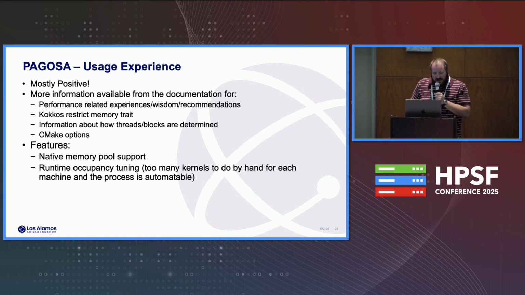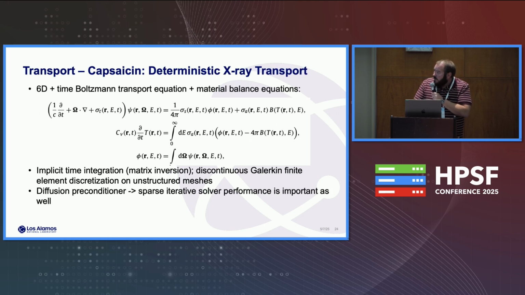Okay. And they wanted more information about, I guess this is kernel launching, how threads and blocks are determined. I don't know how different heuristics and whatnot are used, but that was something they wanted. They may be running into performance issues with MDRange potentially. Oh boy, okay. And they also requested features like runtime occupancy tuning and native memory pool support, which are pretty common among